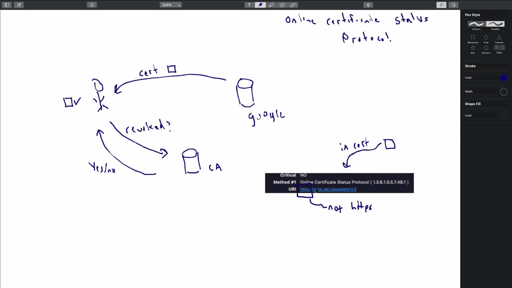Okay. Now, what's the consequence of this not going over HTTPS? Manipulate. Okay, so who can manipulate? Man in the middle. And man in the middle where in this diagram? Between